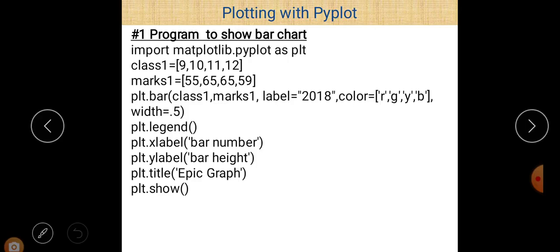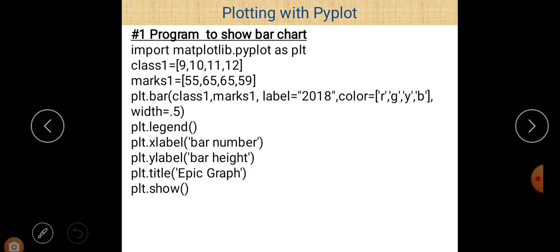Now you can see that there are two different lists here, class1 and mark1. class1 contains different elements 9, 10, 11, 12, and mark1 contains 4 different elements 55, 65, 65 and 59. Actually 65 is repeated here 2 times, no problem at all. So 4 elements are here, and we have to draw a chart between these two lists.